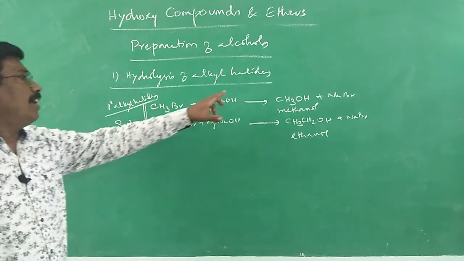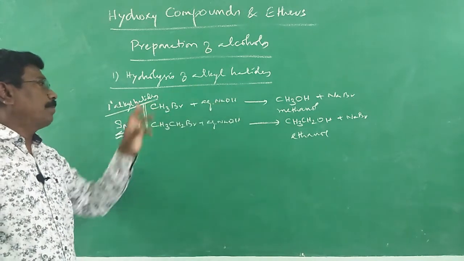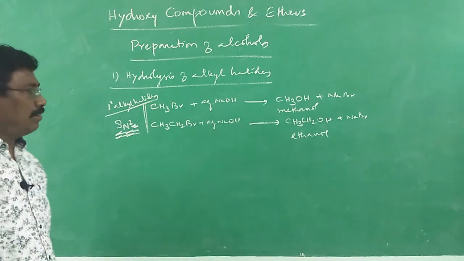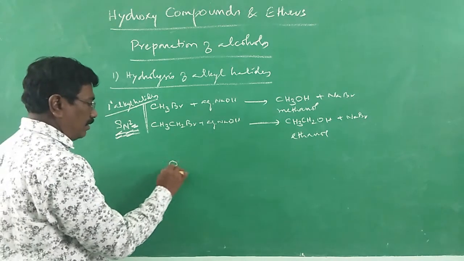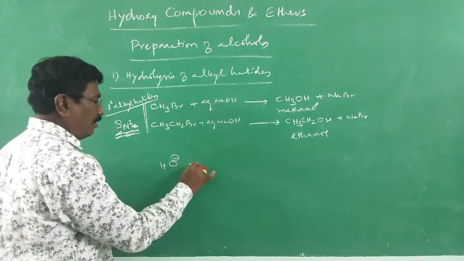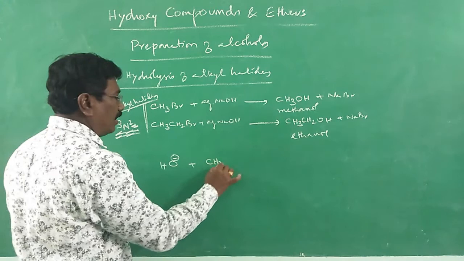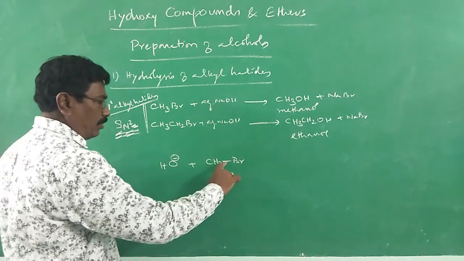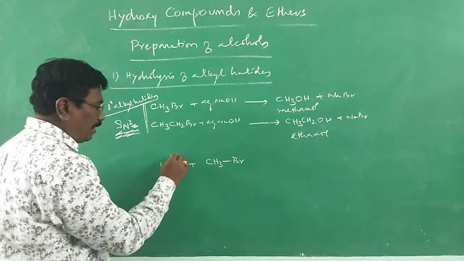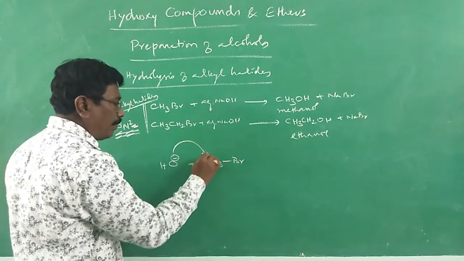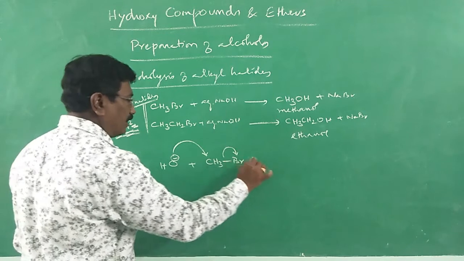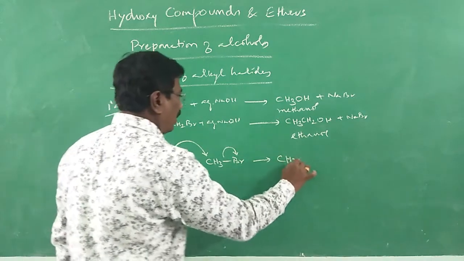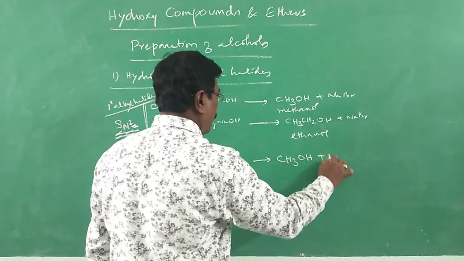Here the nucleophile OH minus attacks carbon, the leaving group being Br. So it may go like this: OH minus, when made to react with alkyl halide, the bromine is electronegative, so the electron pair will migrate there. It is because of the attack of the hydroxide ion that the bond is getting cleaved. You will be getting methyl alcohol and bromide.